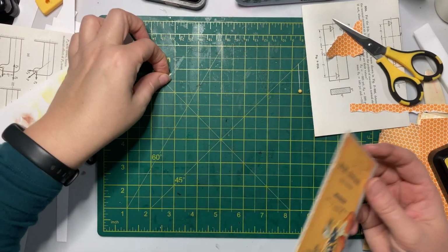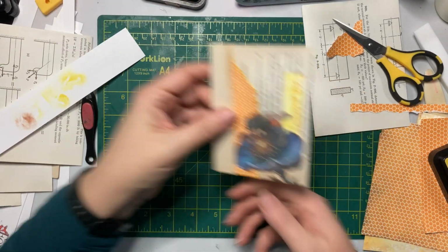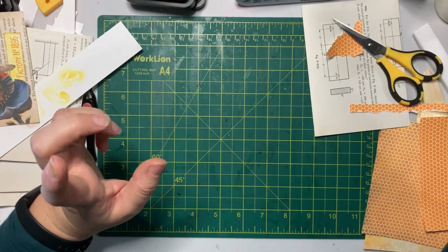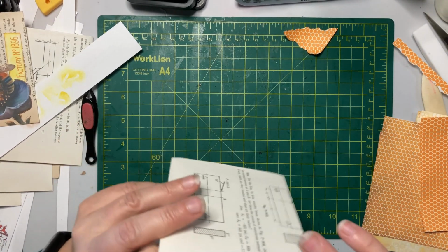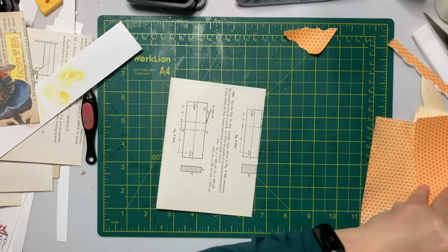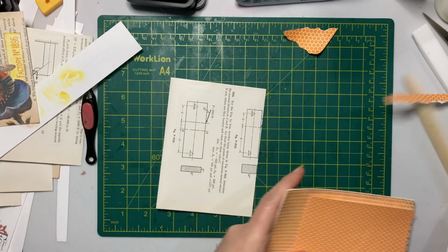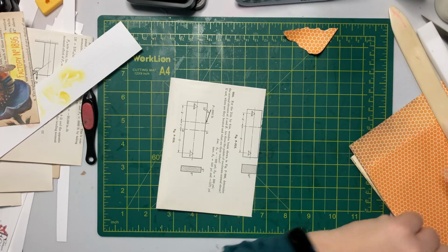So did you watch it? If you did not and are not familiar, all right, so that one's done. The new Distress ink color and the last one in the line is Scorched Timber, which is a nice dark brown. All right, I was gonna do like too steampunky, too